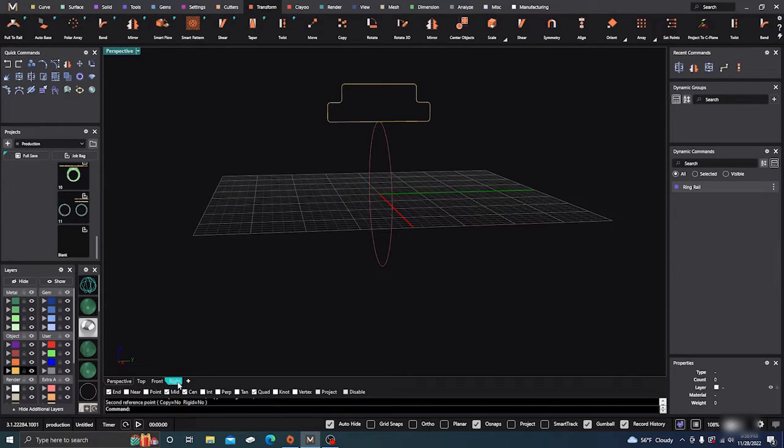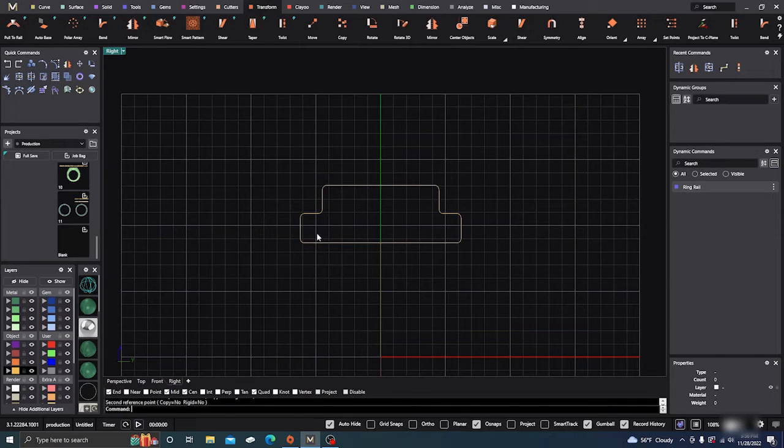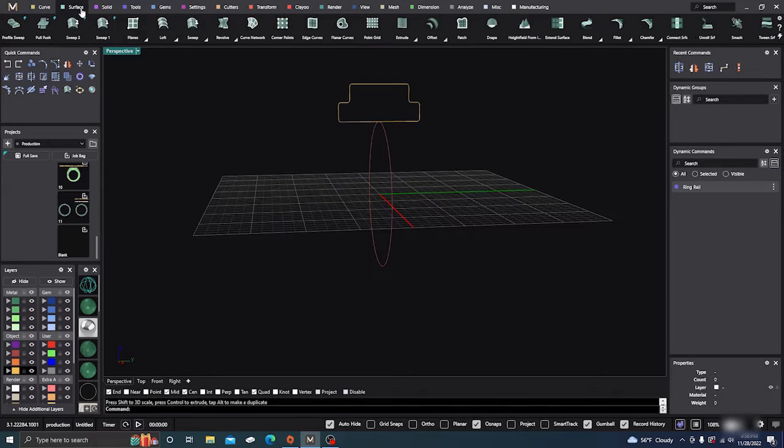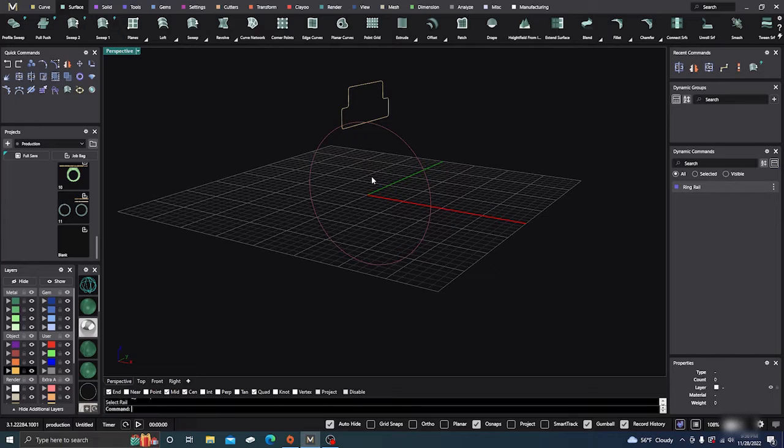How wide is it? Right view. 1, 2, 3, 4, 5, 6, 12 millimeter. Probably should make that a little bit smaller. Okay, there we go. Alright, sorry. Let's just do a sweep on it real quick, see what we've got. Sweep 1. Oh, okay. We'll need